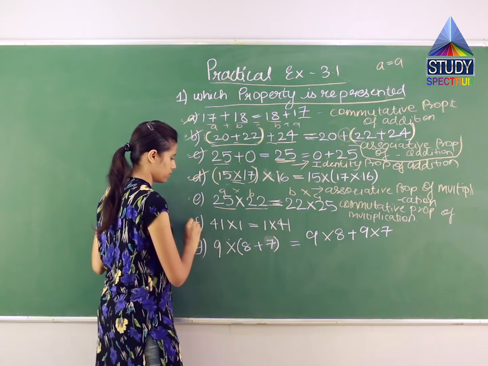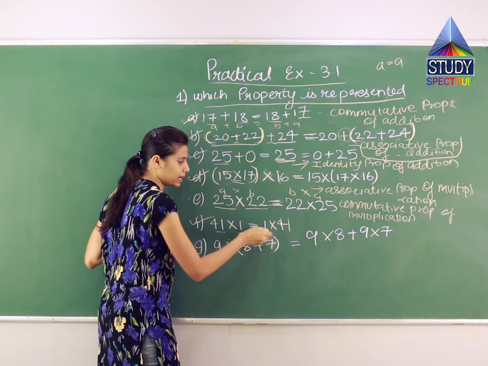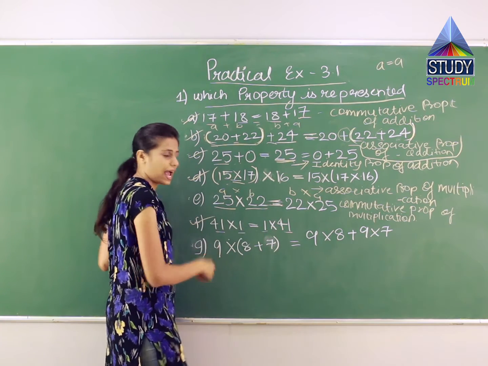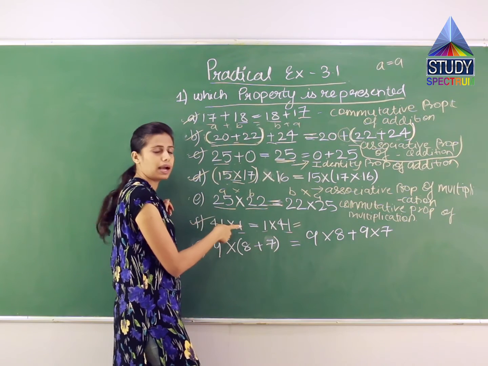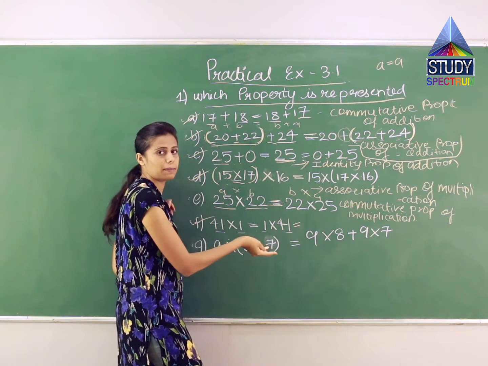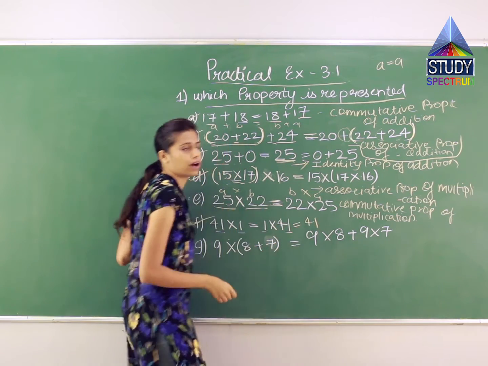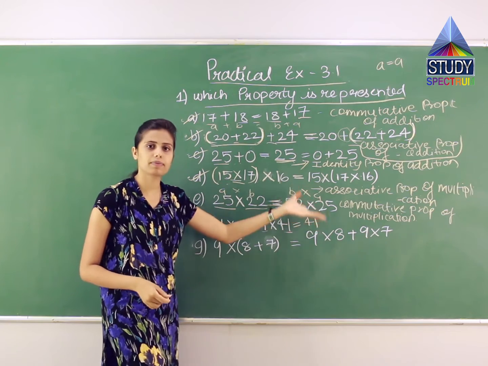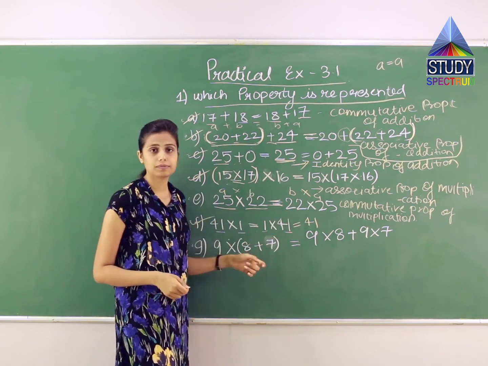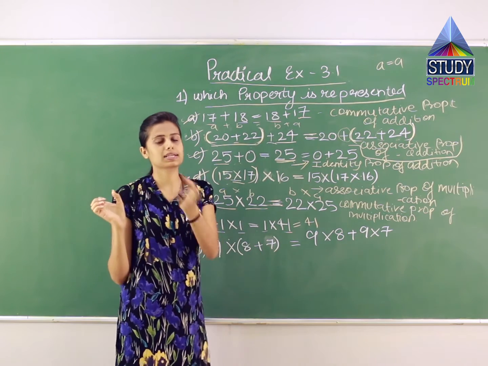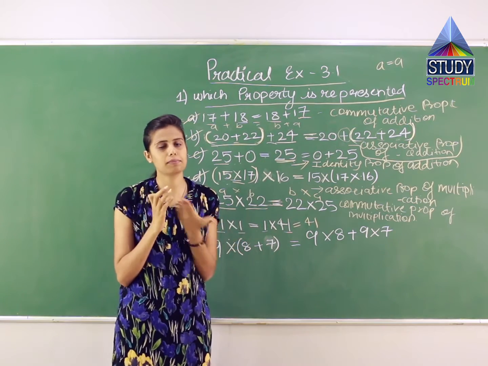Now the next question. If they are saying that 41 into 1 will be equal to 1 into 41 and will be equal to what? This is not given in the question, but we know, right? A multiplied by 1 will be equal to 1 multiplied by A and will also be equal to A, which means what? 41. If this also came in the question, the answer remains the same, right? So what is this property? When we operate a number with something and the same number comes, what do we call it? We used to say the same.